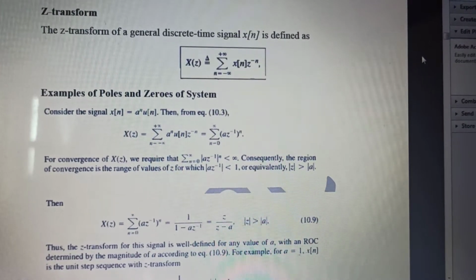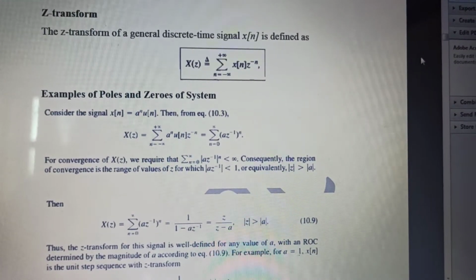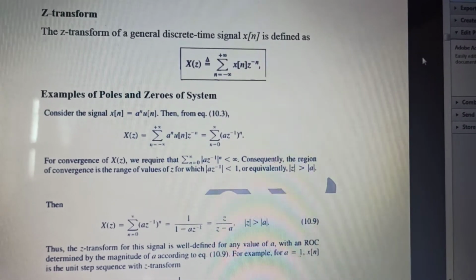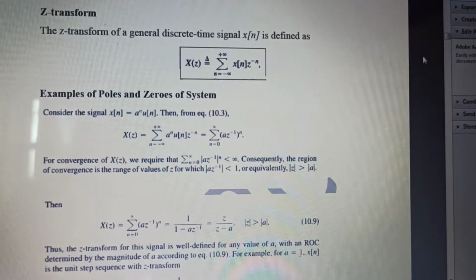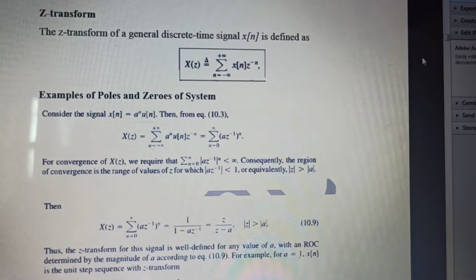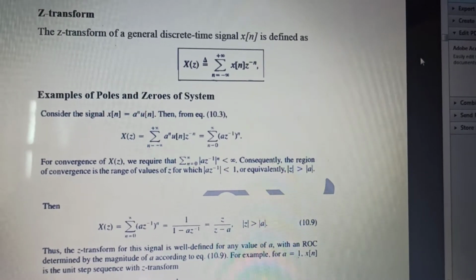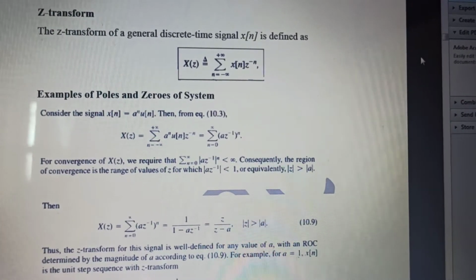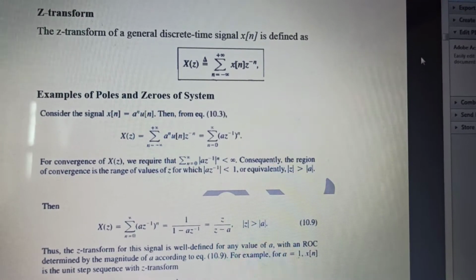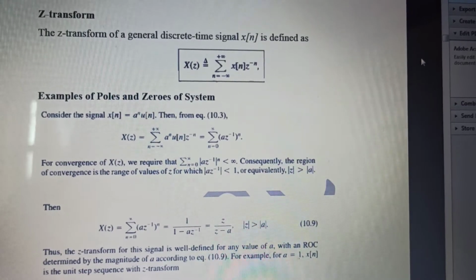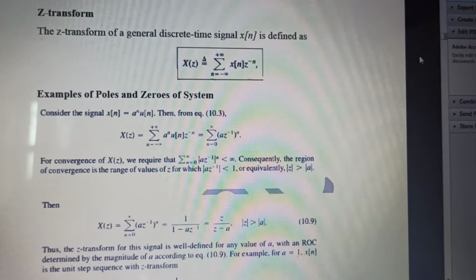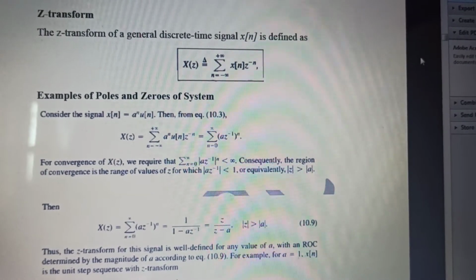Now the formula for the Z transform says that it is x of n z to the power minus n, with the summation carried out for n varying from minus infinity to infinity. Obviously it is represented in the form of x of n, so it clearly shows that it is a discrete signal. X of n represents that the signal is in the discrete domain. Now I will take one example of how we can obtain the Z transform.